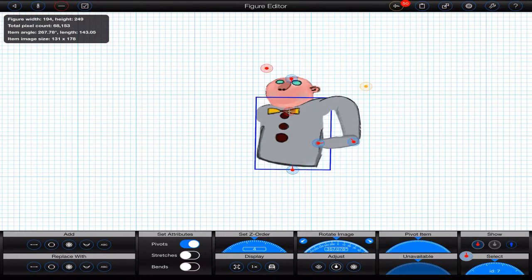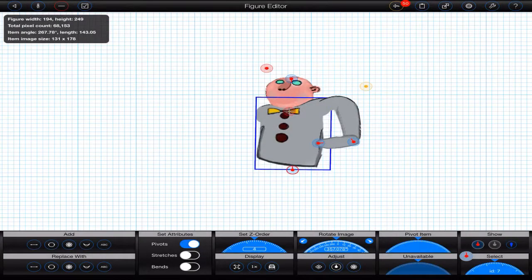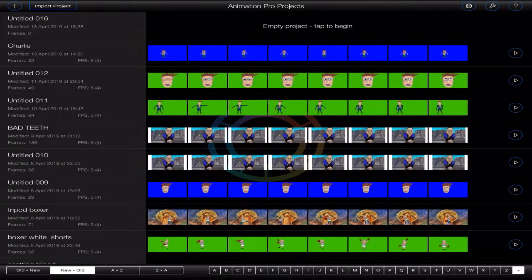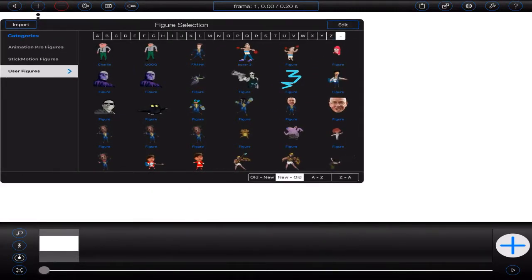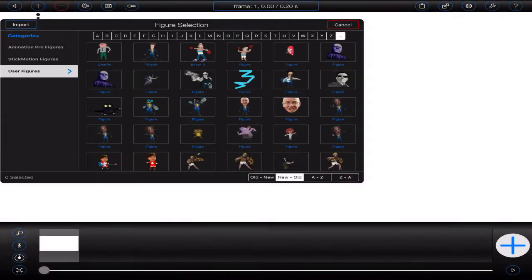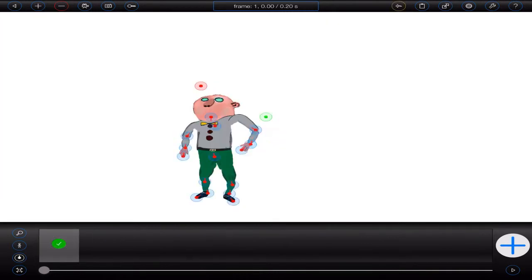So if I just go save, I can't get out of there, can I? So I'll have to be like this, get out, I save, thank you. And then what I could do, if I did start a new project, just say I had saved that and it was completed, I go here, I would import a figure. So, oh look, there's one I've already done. Just going to get rid of Hugo because I don't like him, so edit, delete, he's gone, cancel that. And now I'm going to import Charlie. So Charlie's there,